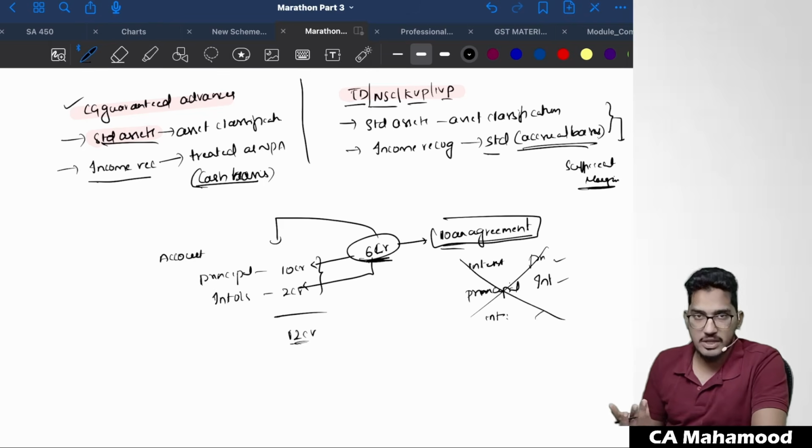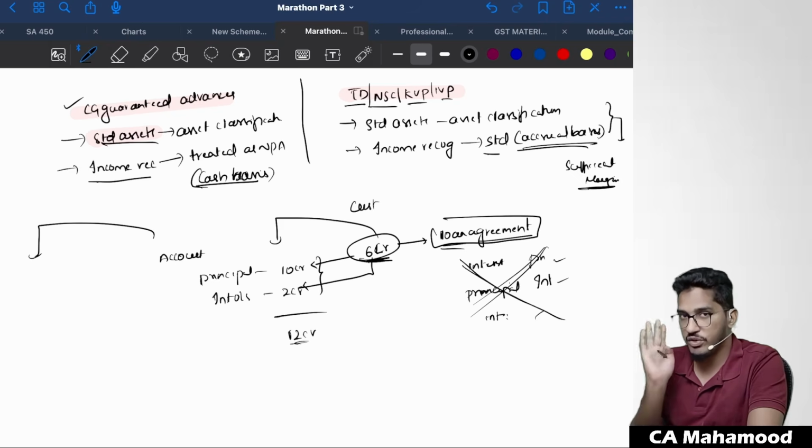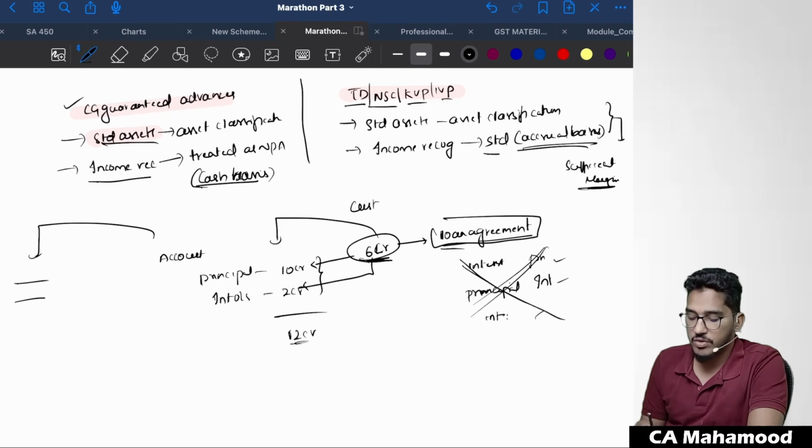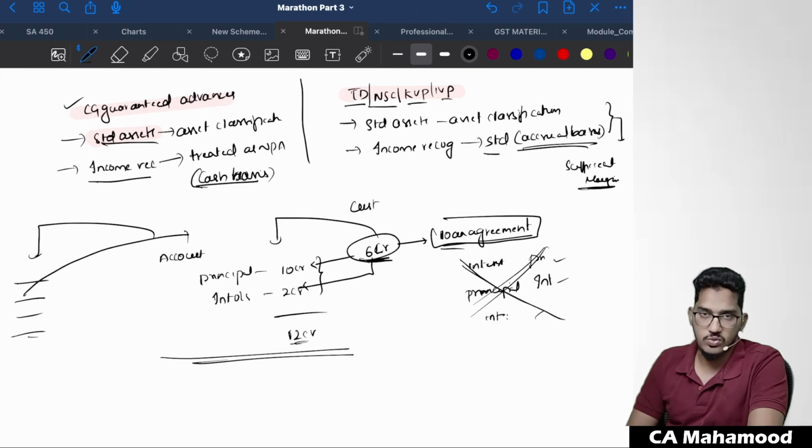But it is a hypothetical scenario they are telling: only for this customer, in the loan agreement this clause is missing. Then what needs to be done? See, if it is missing in this loan agreement, in other loan agreements it will be there. Generally every bank will have a uniform policy. So whatever you are following in the other loan agreements, the same thing you apply here also.